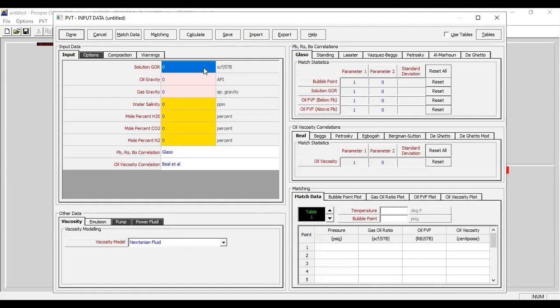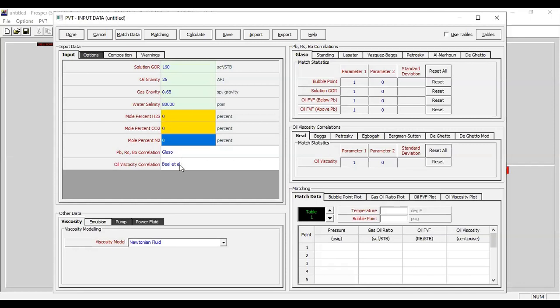Let's say the GOR is 160 with oil gravity of 25 API and gas gravity of 0.68, and water salinity of, for example, 80,000, no impurities. I will use the Glaso equation for the bubble point pressure, solution gas ratio, and oil formation volume factor.